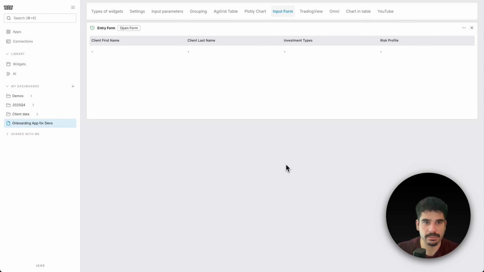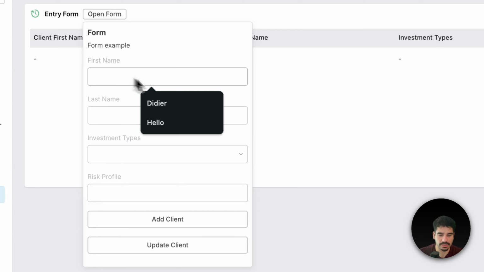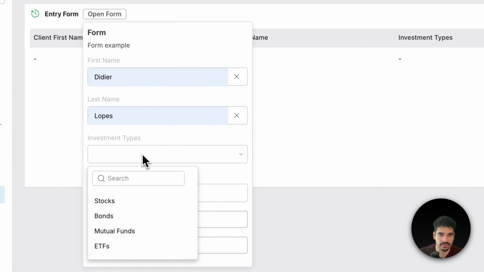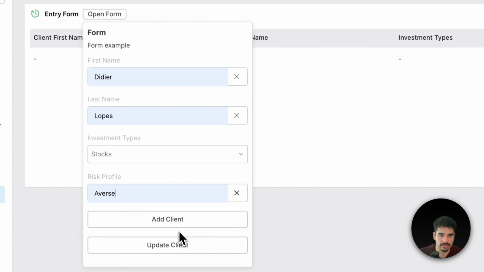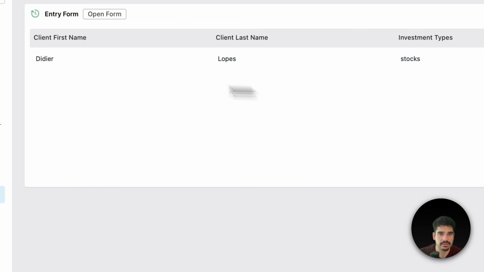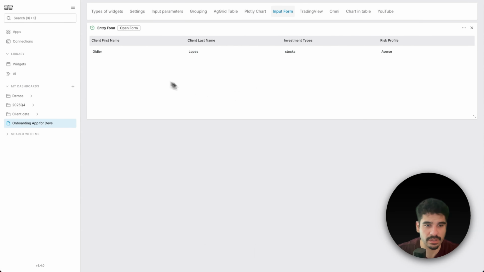Now I want to show the concept of this entry form, where essentially I'm able to open a form. I can say, okay, I want to add my first name, last name, the investment type could be stock, a verse, and then I add client. Okay, and now this is something that we send as a post request because there could be quite a few